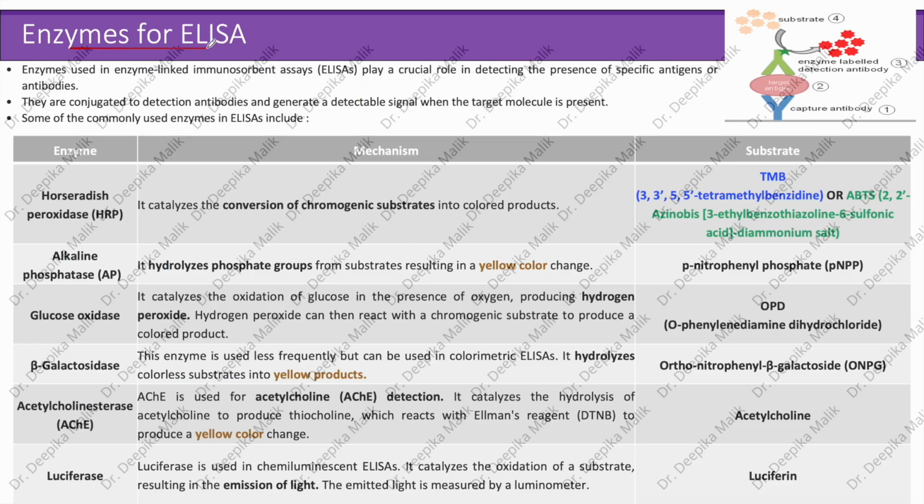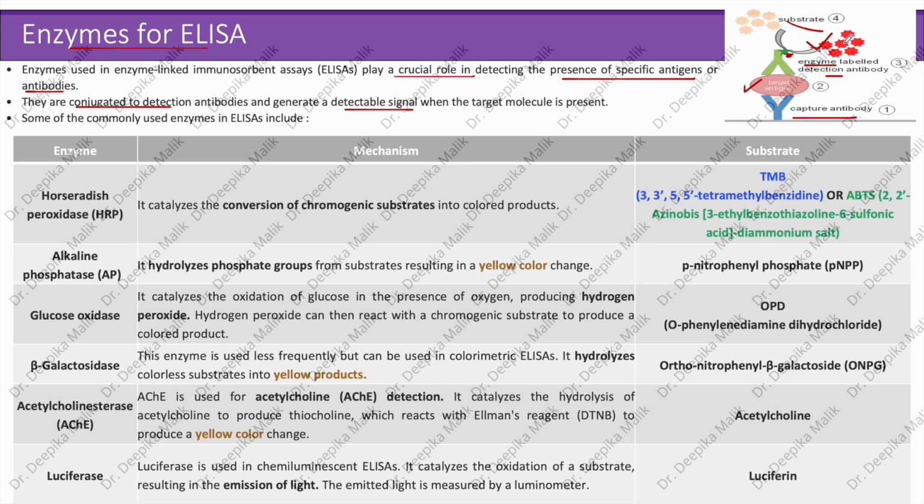Enzymes for ELISA. Enzymes used in ELISA play a crucial role in detecting the presence of specific antigens or antibodies. They are conjugated to detection antibodies and generate a detectable signal when the target molecule is present, as you can see here in the diagram. Here we have a capture antibody to which a target antigen binds, and now we are taking another antibody to which an enzyme is linked. And now when we provide the substrate, it reacts with the enzyme,